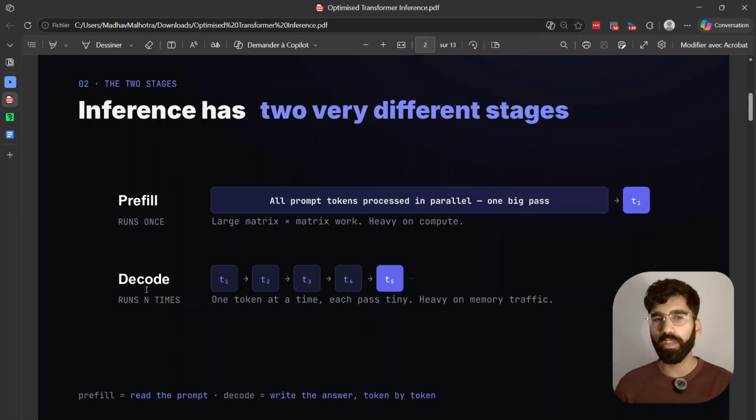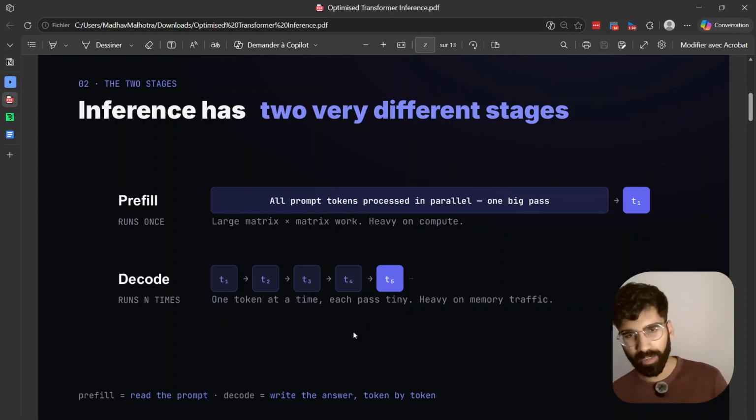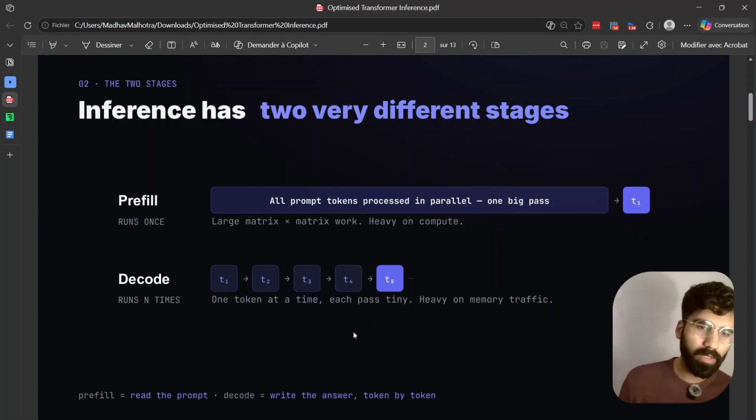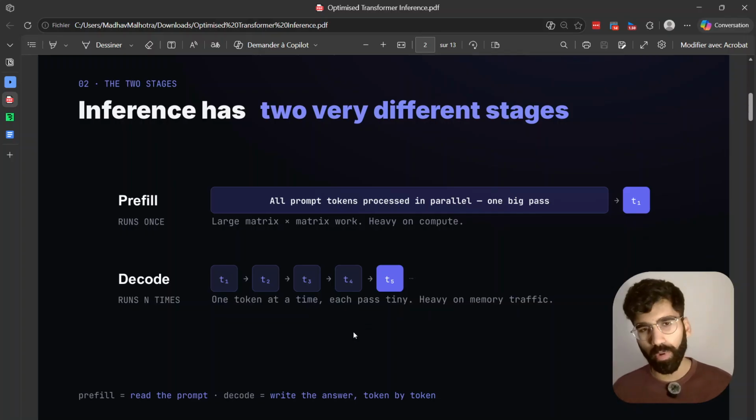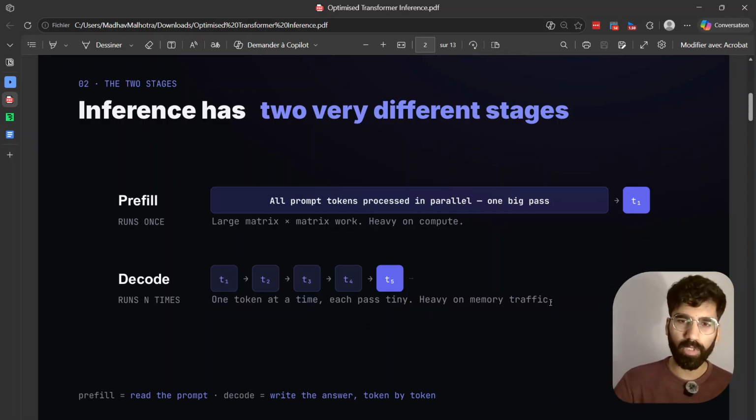Decode is where a transformer will actually create output tokens for you. In a naive implementation, this will happen one token at a time. And obviously, if we're processing one token at a time, you can intuit that we're going to use a lot less compute. We'll explain why in a moment. But here, we actually run into another challenge, which is that we end up relying on a lot of memory